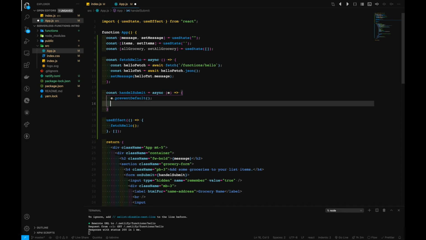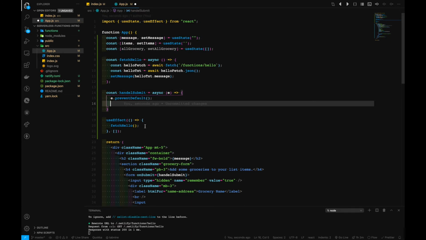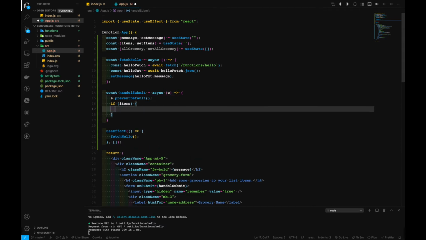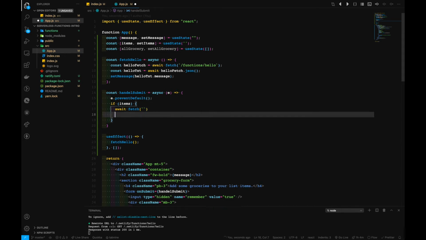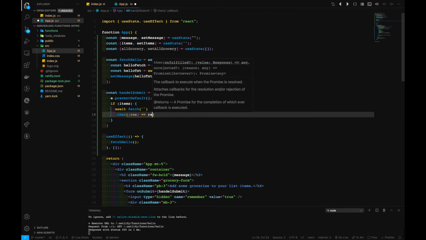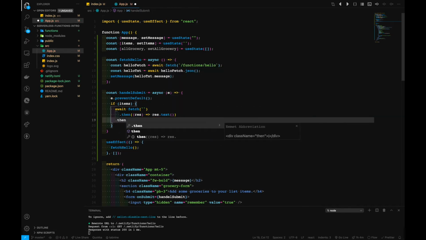And we don't want to refresh our page, so we will make use of event.preventDefault for that one. And definitely we want to execute this piece of function if we have some items inside of this particular field right here, which is the input with the value items. All right, to check that one, we can just add if there are items, then we will execute this piece of code, right? We'll just wait for our fetch promise to resolve, and this would generally be an API call to our serverless function, and we will add a callback to this one and get the response out of it,